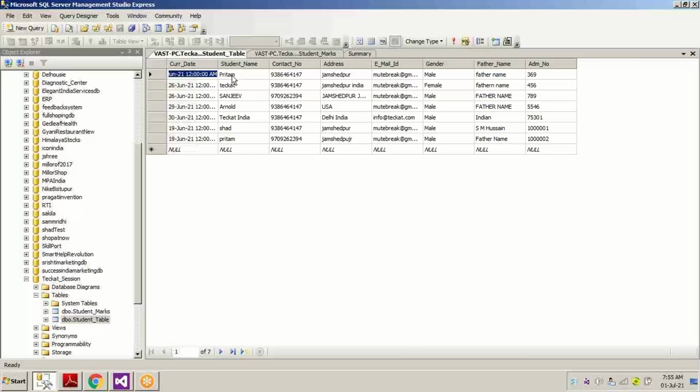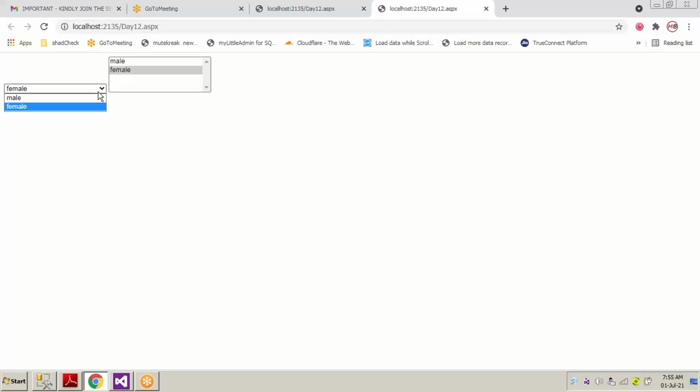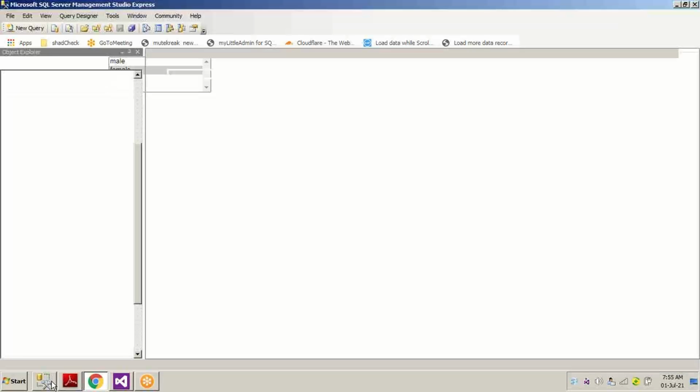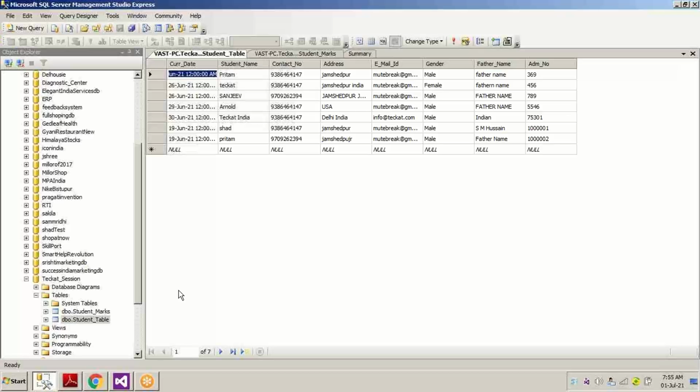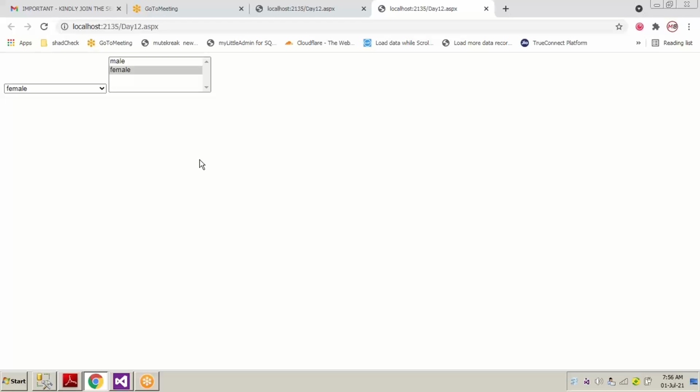But for practice, for the beginner, what we are going to do is add all the student names inside our table to this drop down list box. I'm just going to show you. First of all, let's pull the data from this particular student table. We are going to load the entire current field of student name into this drop down list, and we are going to use our server side coding to do that.